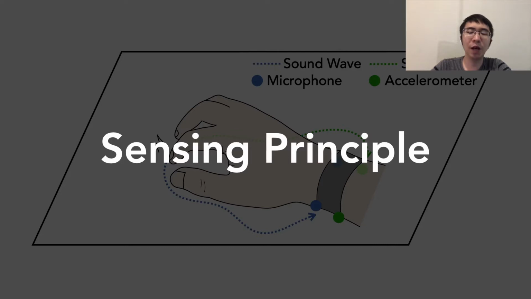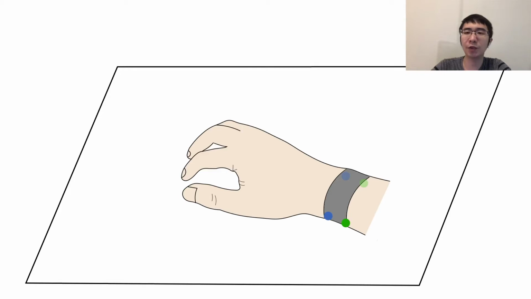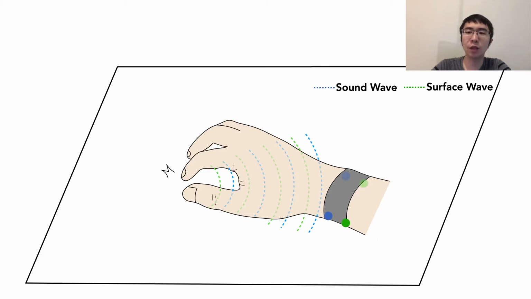So before I dive in, let me briefly explain how Acustico works. When the finger taps the table, vibration propagates outwards from the point of contact through the air, which we call sound wave. This is in contrast to the vibration that propagates through the surface itself, which we call surface wave. We used 4 sensing elements on the bottom of the wrist to detect when the leading edges of the surface wave and sound wave reach them separately. 2 microphones on the front sense the sound wave, while the 2 accelerometers on the back sense the surface wave. Based on the time differences of arrival between each pair of the sensors,